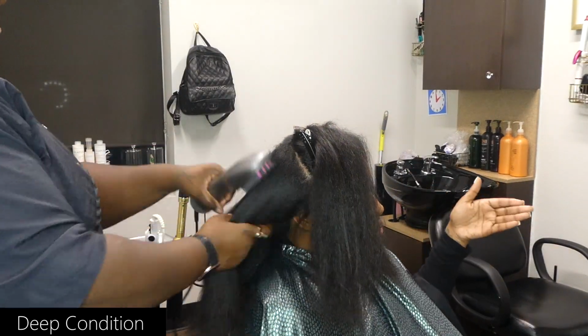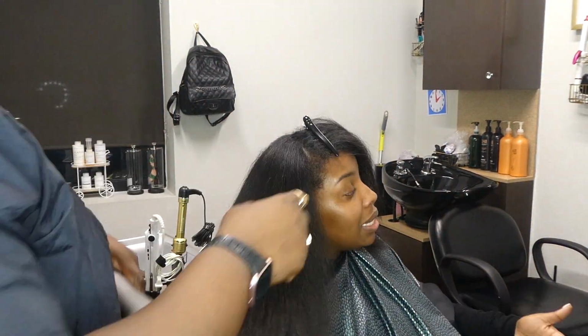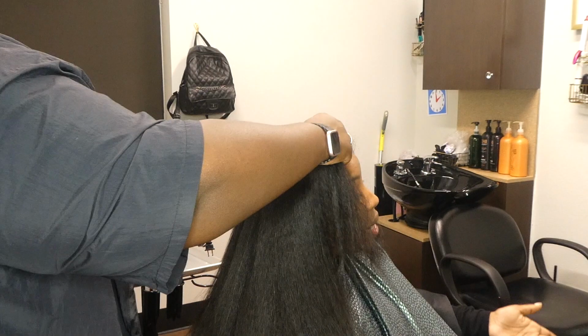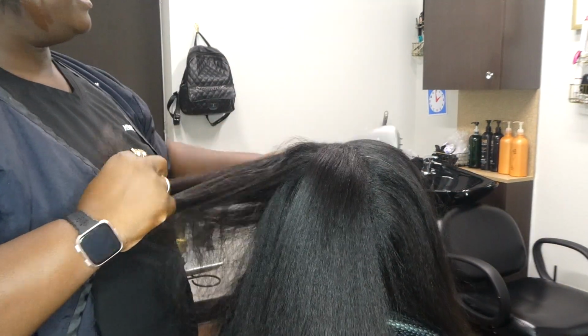When I apply the conditioner to your hair and I put a plastic cap on top of your head and I place you under the dryer for 15 to 20 minutes, this is what's actually going on with your hair. Your cuticle, which is the first layer of the hair, has the opportunity of opening up. And consider that like a window, where you open up the window and you allow whatever is outside to come in. So if you think about it, what's on the outside of your hair, which is what's on top of your head,